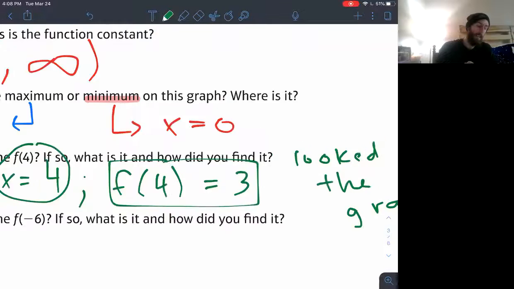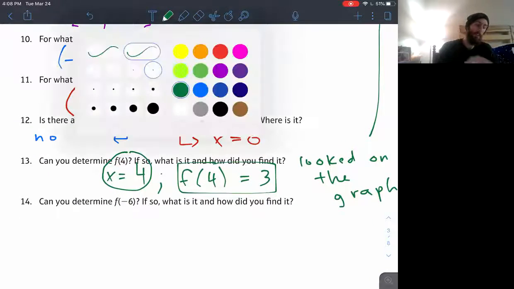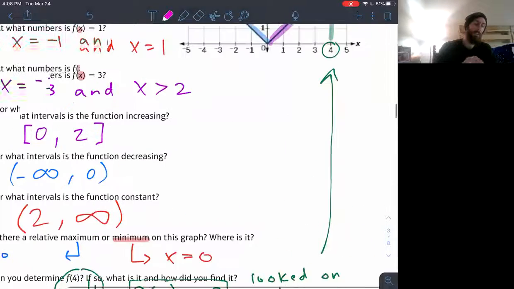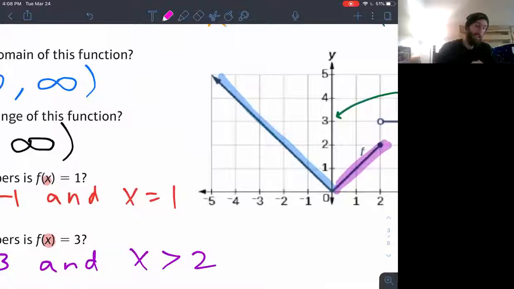Now we're going to do the same thing for f of negative 6. So let me change up my color here. Let's go pink. Let's go to where x is equal to negative 6. But you notice that x is equal to negative 6 is somewhere over here on the left side of the graph where we don't actually have information. So even if we were to think about negative 6 being right there and we were to cruise on up to the graph, we can't say where it exists visually,